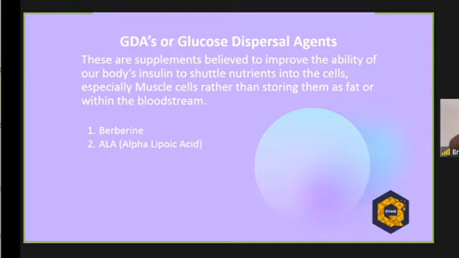Another one is alpha lipoic acid, or ALA. This is an amino acid that will lower blood sugar levels. Another one, oh, this is a new one. This is probably the newest of the bunch, which is C3G. This is a natural component found in anything that is reddish blue. So think of blueberries, think of black